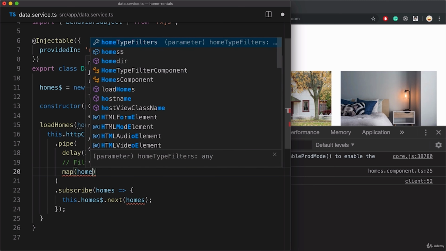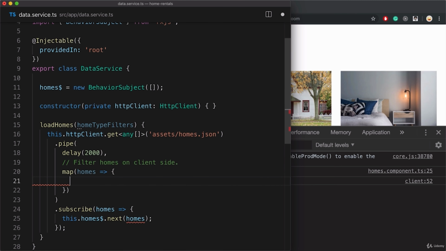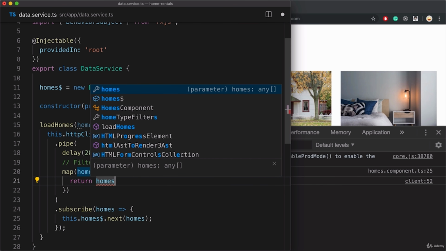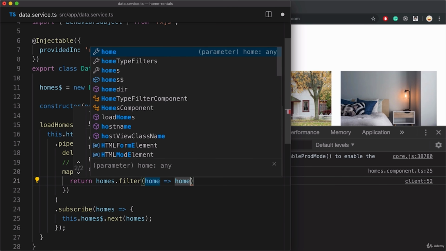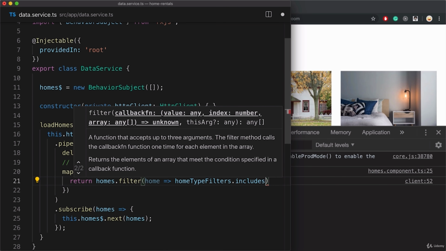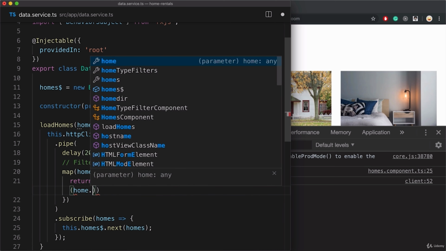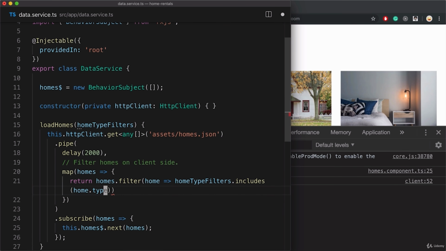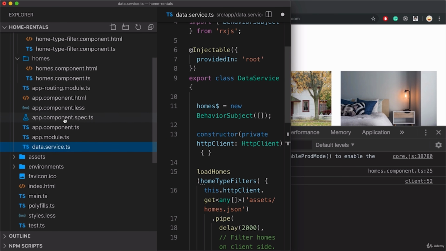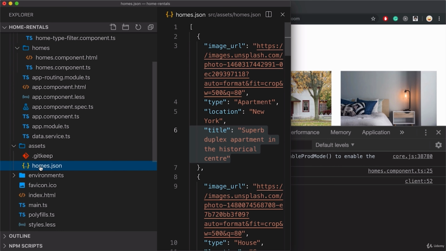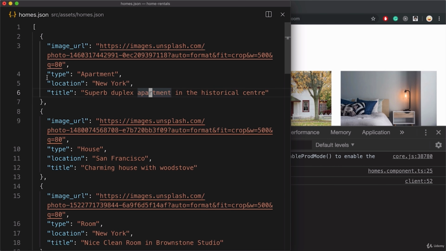And inside of our map function, I'm going to return a result of filtering the received homes by whether the current home type includes one of the selected filters. Just like this. Remember, every home, according to our data in the JSON file, has the type right here so that we can filter it